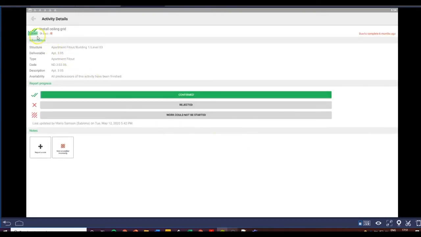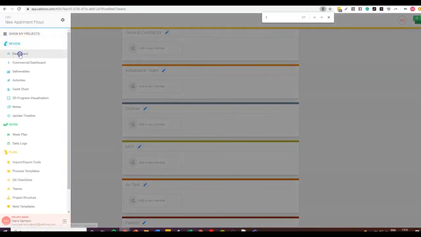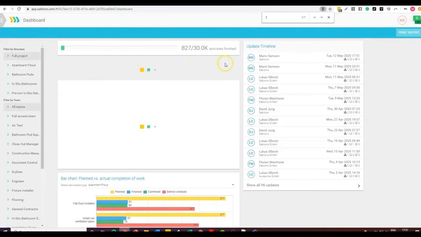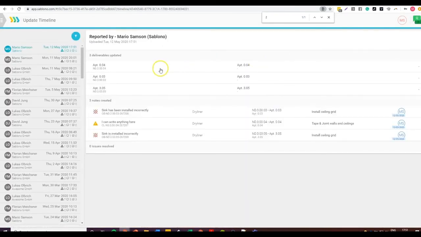So this activity now has been approved. Obviously, there might be some items that need to be taken care of at a later stage, but for now, the construction manager decided to approve this. You can still go back and see that the information is there, and you can actually go to the website. So if I head to the dashboard page, you can see that Mario Sampson just a few minutes ago reported something. And if I go to this checklist,